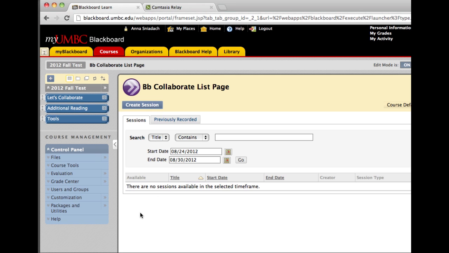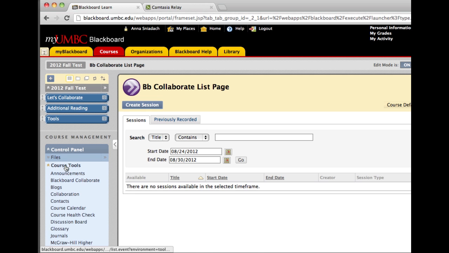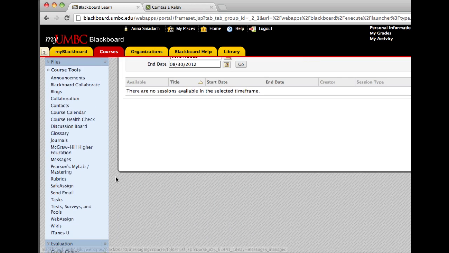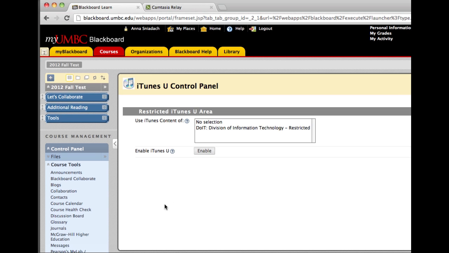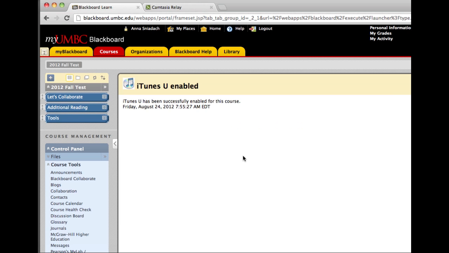I've got a test course open right now, and I'm going to click Course Tools and look for the iTunes U option. It should be the very bottom. And click the Enable button in the control panel. Once you see the confirmation that the iTunes has been enabled, go to the iTunes U,